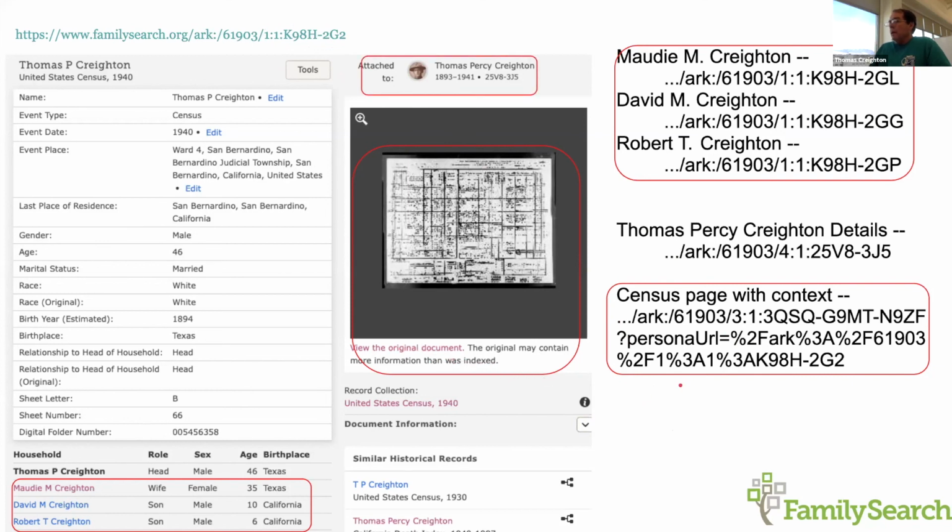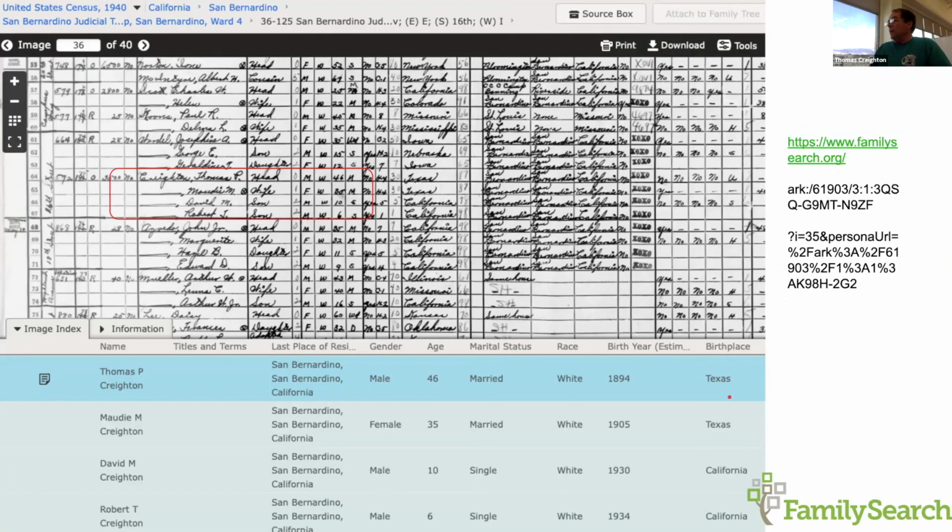And by doing that, we're going to now virtually click through this URL and see that, oops, sorry, I lacked one thing. This is another ARK. This references what we call a conclusion tree, or a shared common pedigree. That's where the name Thomas Percy Creighton has a bunch more genealogical details, and it's associated with this entry on this page. Clicking on this will take you to a different application, which is where we have our managed pedigree. We're not going to look at that today, I just don't have time, but we've clicked through the other ARK, which shows the image.